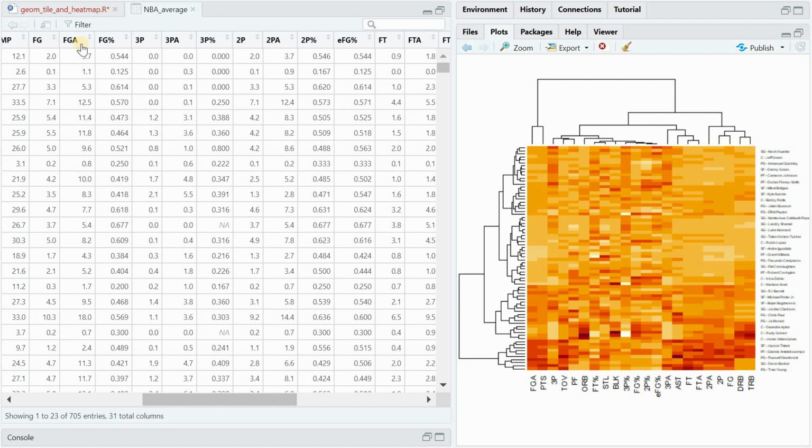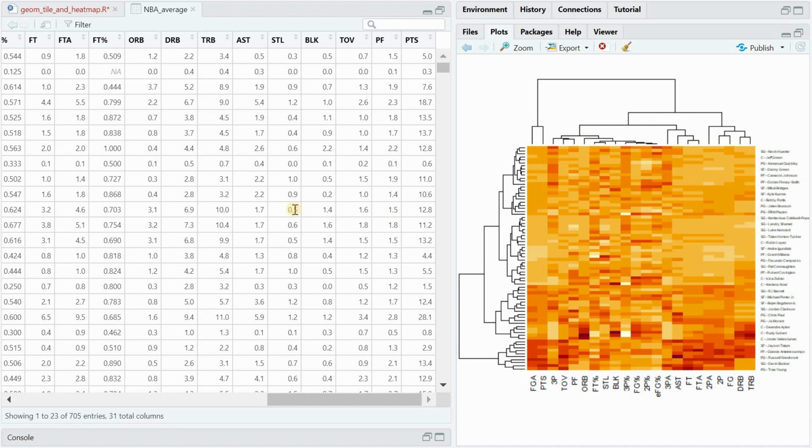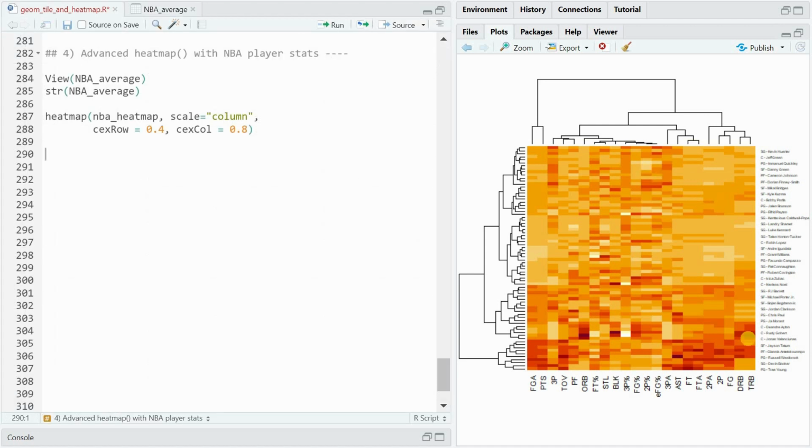Then statistics on field goal attempts and the percentage the attempts went in, the same for 3-point attempts and percentage, 2 points, effective field goals and then free throws, as well as offensive, defensive and total rebounds, assists, steals, blocks, turnovers, fouls and points. And now I want to make a heat map for those stats, but only for a certain number of players. The ones from teams that made it into the playoffs, that played at least 60 games and for 18 minutes on average.